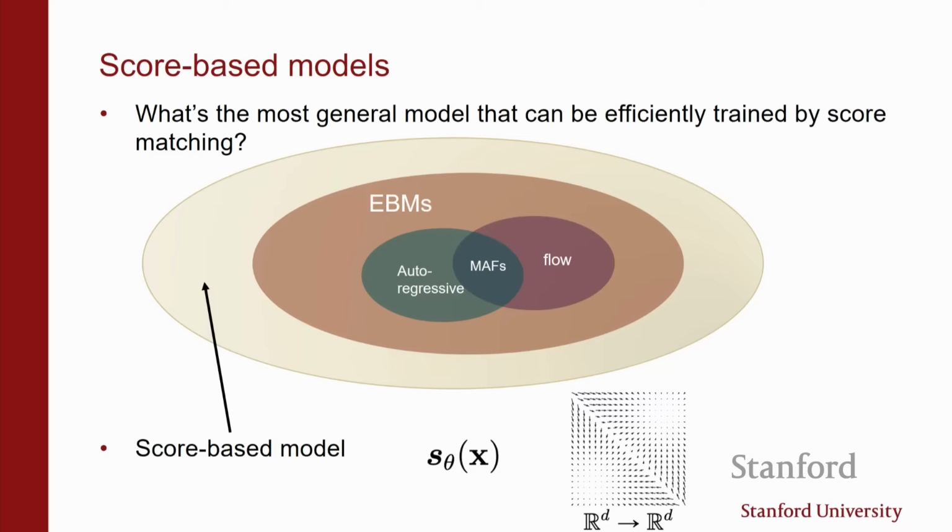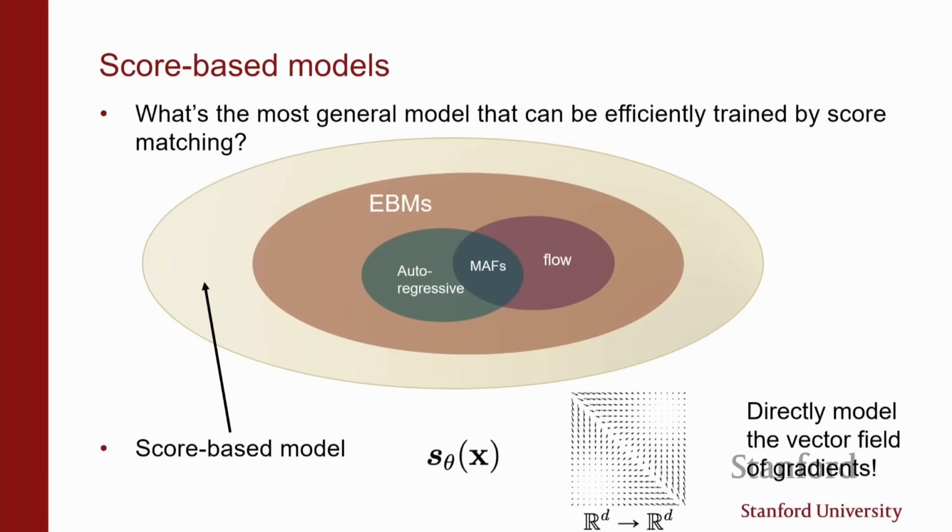So we're going to define our model family by specifying the corresponding vector field of gradients. The model is not going to be a likelihood, and it is not going to be an energy. The model is going to be a vector valued function, or a set of vector valued functions. As you change theta, as you change your neural network, you're going to get different vector fields. And that's what we're going to use to describe the set of possible distributions that we are going to be fitting to a data distribution in the usual way.